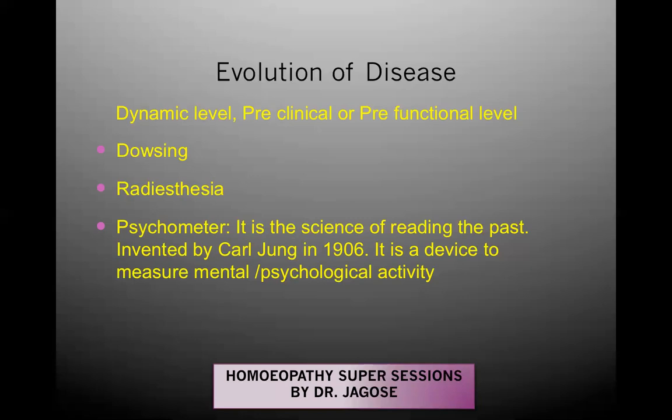That shows that our medicines are acting on a dynamic level, and the pattern of deficiency which was there before taking the medicine has disappeared after taking the medicine. Or the degenerative pattern has now gone to the deficiency pattern, showing that our medicines act at a very deep dynamic level, and now the patient has come into the deficiency level or the functional level. So this is also proof through Kirlian photography of how powerfully our medicines act.